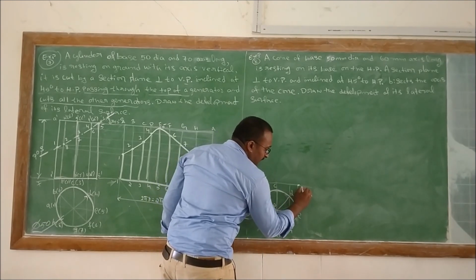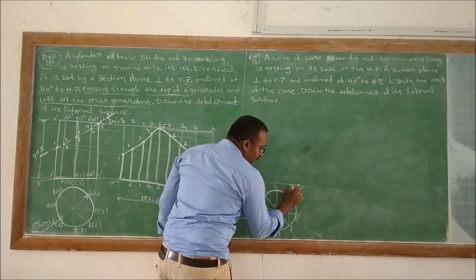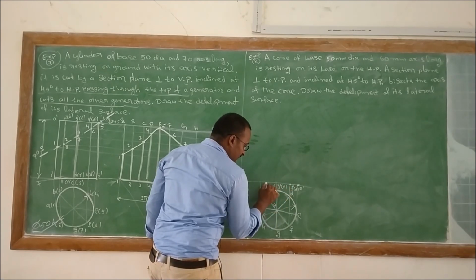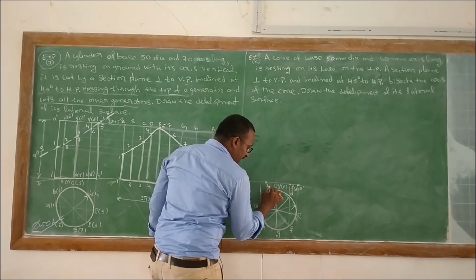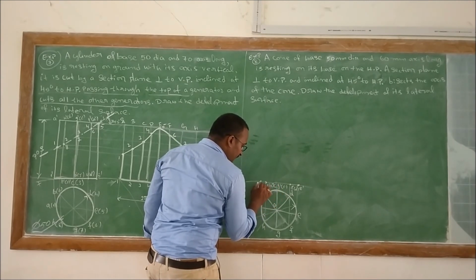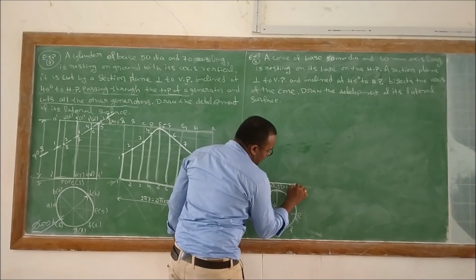Right, here it is the point E dash, F dash or D dash, G dash or C dash, H dash or B dash, then finally A dash. This is the base surface,